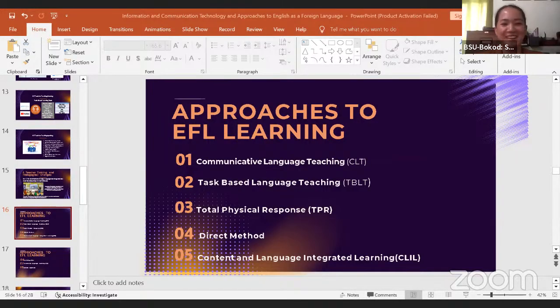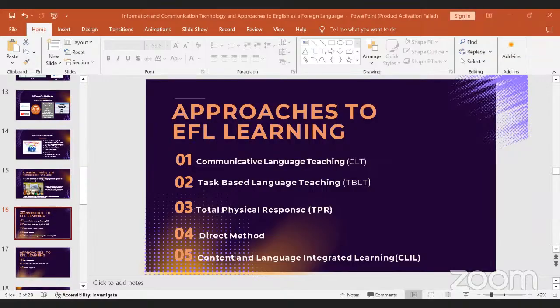We're good. First, I want to say thanks for the nice presentation about the ICT. And actually, I'm not a teacher, but I want to know more about ICT in class. So I want to ask, after you teach in your class using ICT, according to you, what is the best way to evaluate the effectiveness of using ICT in TEFL classes for students at different proficiency levels? That is my question, ma'am.